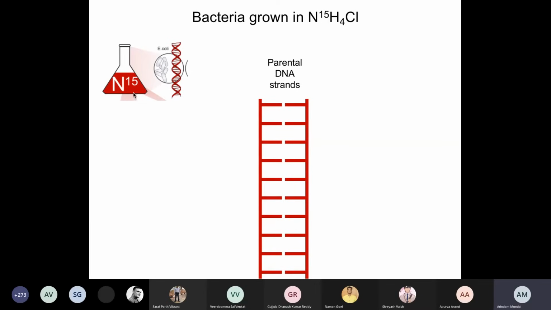So you inoculate a very small amount of bacteria, a few cells, into this particular culture, and within a couple of hours you should be able to see that the entire media becomes turbid, because the bacteria can grow so fast and can saturate this media. Now whatever bacteria will be growing in this media should have N15 in their DNA, right? So which part of the DNA will incorporate these N15s?